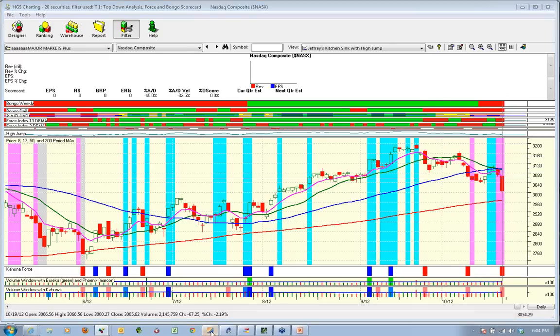Pretty much the weakest index has been the NASDAQ, and one can see that the NASDAQ is broken down. There's a lot of talk about support around 3,000 right there, and we sort of bounced off of it a little bit on Friday. I think there's just as much chance